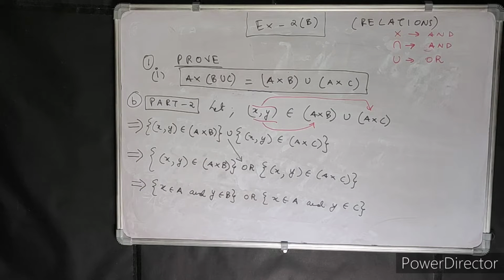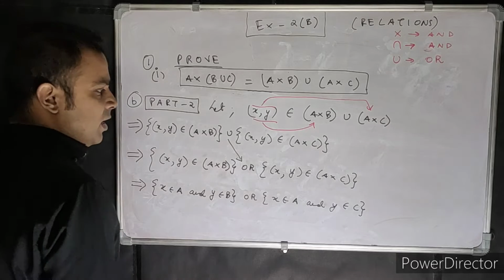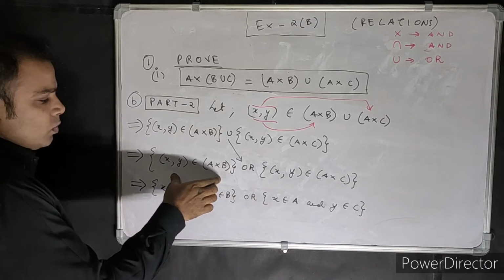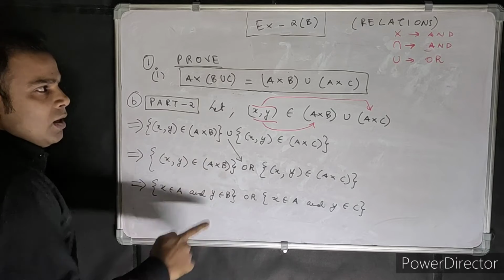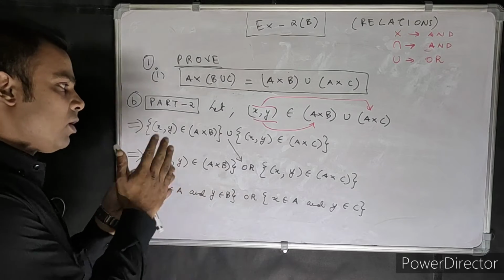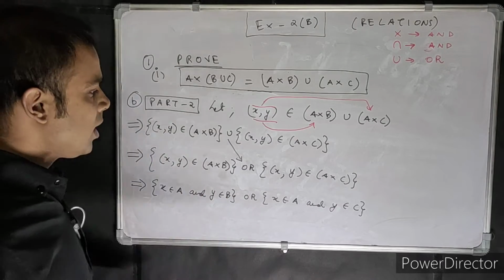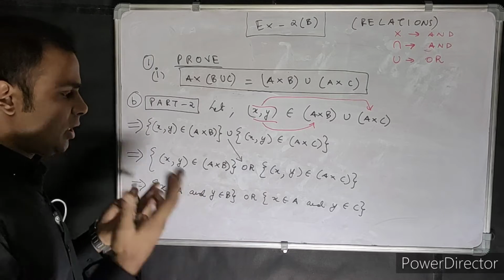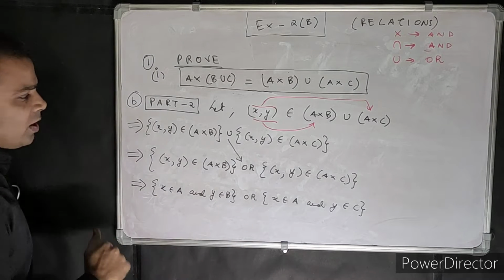Look at this. What have we done? After splitting this, we are splitting this part also. Because there's a cross. When we were doing the LHS to RHS, we split the cross also, we split the union also, and again we put them back. It's like splitting and putting them back. Logically. Okay.